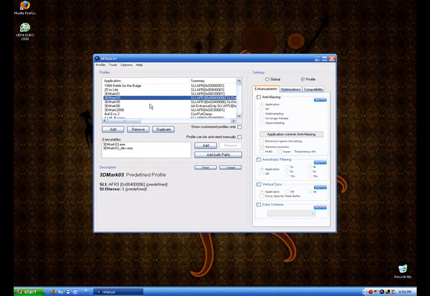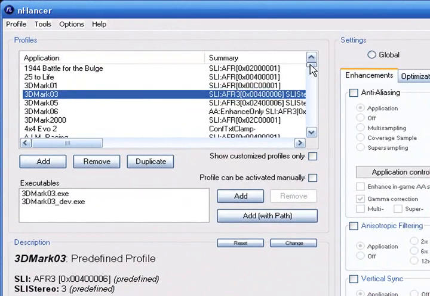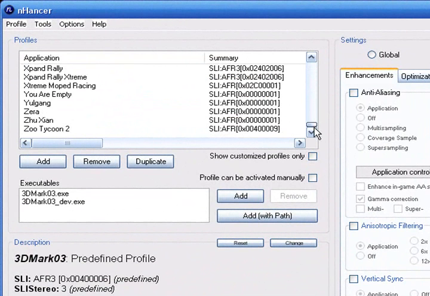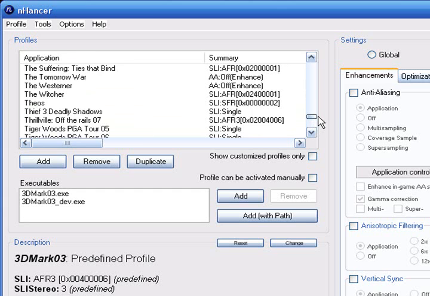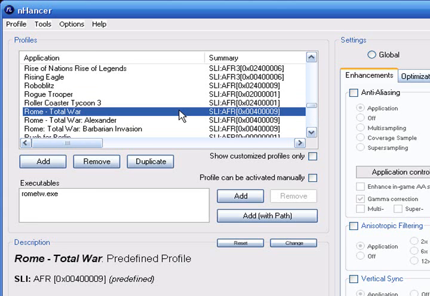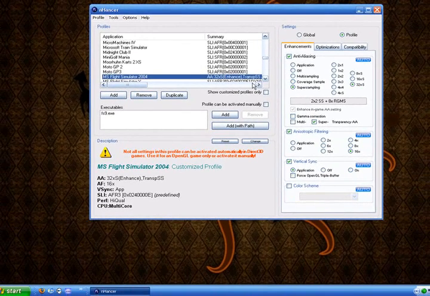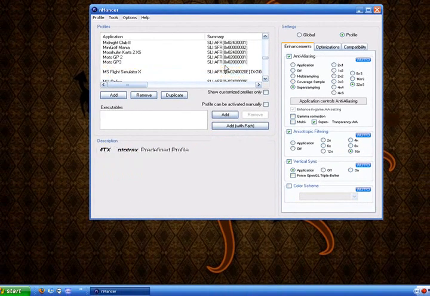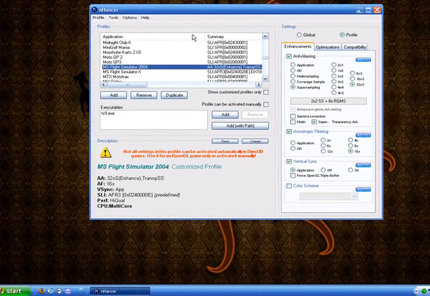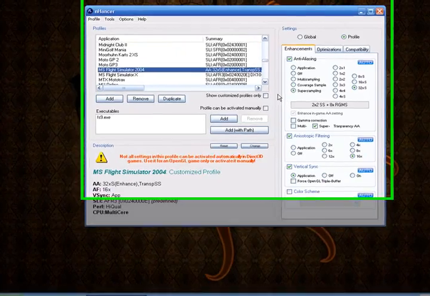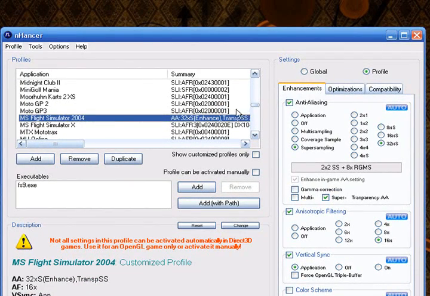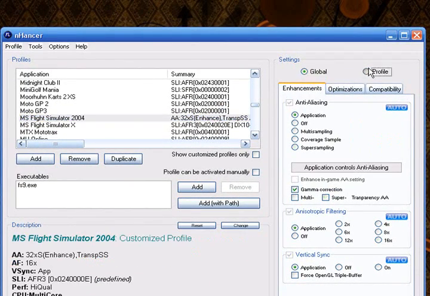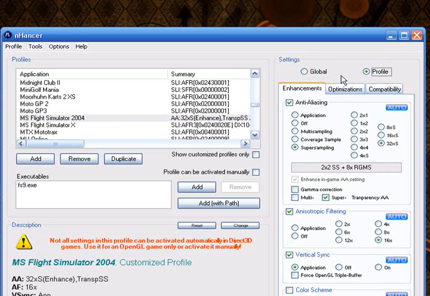Now you can see we have Enhancer right here, and there's a list of about 300 games ranging from Zoo Tycoon 2 to Half-Life to Unreal Tournament, and obviously to Microsoft Flight Simulator 2004 and Microsoft Flight Simulator X. Well, today we'll be editing Microsoft Flight Simulator 2004, so I can show you what it looks like on FS9. The first thing we're going to do is we have to make sure that we have the profile selected under settings,